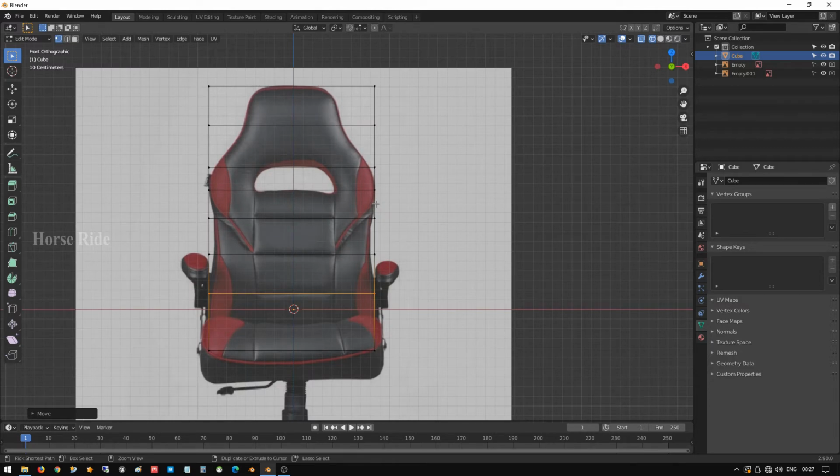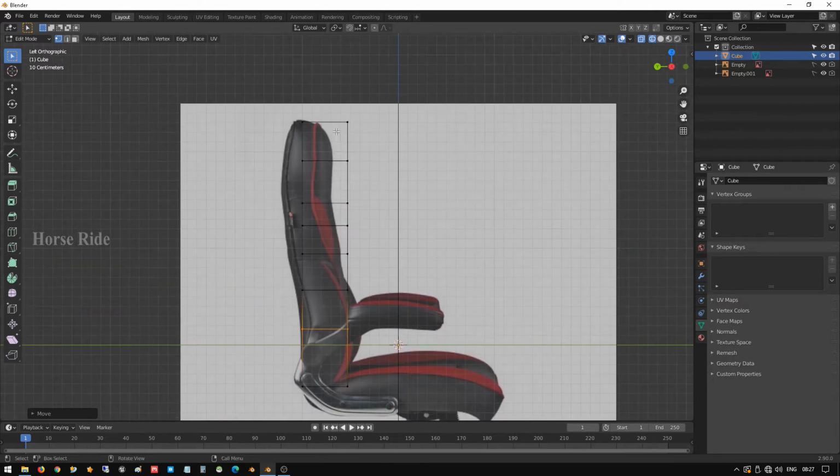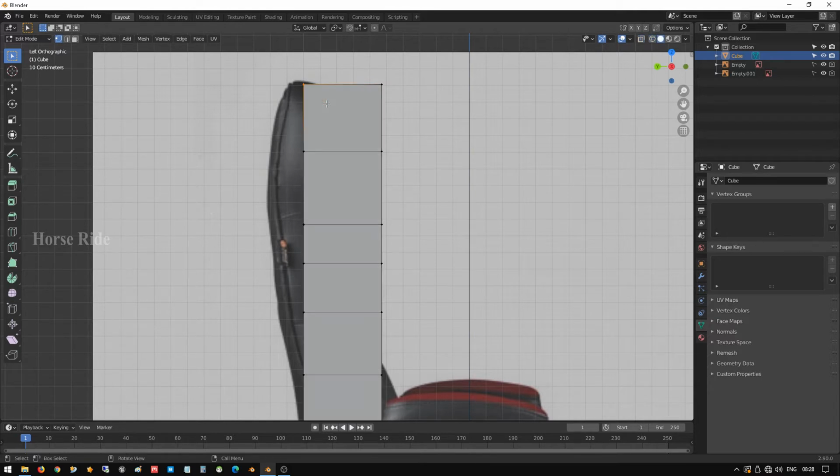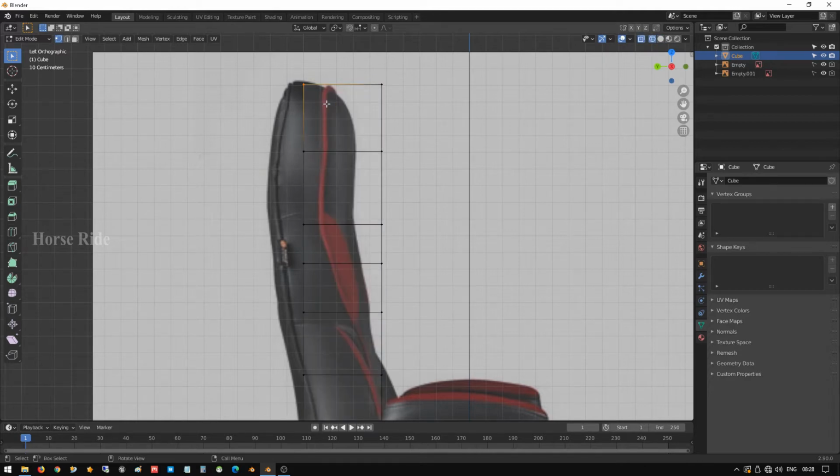Go to the left view, press Ctrl 3 on the keyboard, and you can zoom in and start moving the vertices. While selecting these vertices, use box selection. You should select the select box tool; the shortcut on the keyboard is W. Here you can select and drag for selecting these vertices. You have to note this point: while selecting, it should be in wireframe mode. Shift Z goes to solid mode, Shift Z again to wireframe mode.